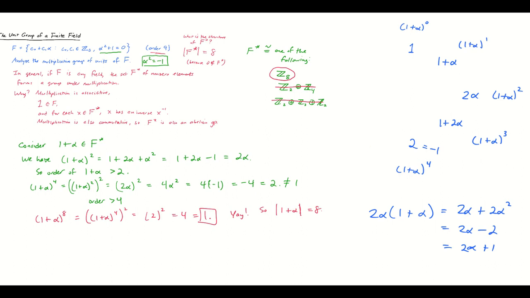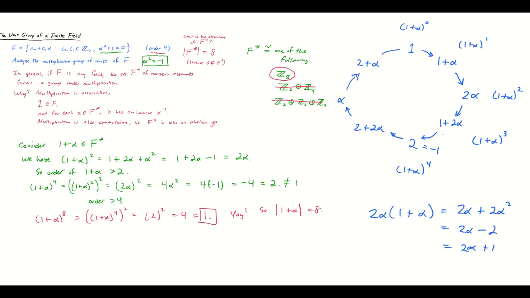It's, I guess, the southwest position, 1 plus alpha to the 5th. That's going to be 1 plus alpha times 1 plus alpha to the 4th. That's -1. So that's just going to be -1 minus alpha, or if I want to call it this, I can call it 2 plus 2 alpha. And then up here I have -2 alpha, which is just alpha. And then up here I have the opposite of 1 plus 2 alpha, which is 2 plus alpha. And now I have a diagram showing all 8 powers of 1 plus alpha,